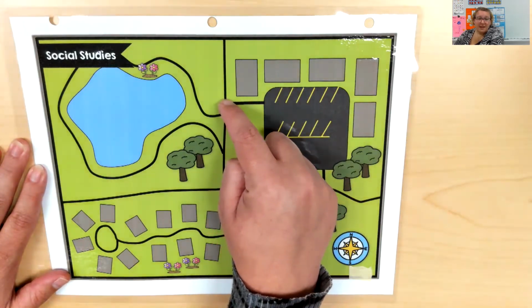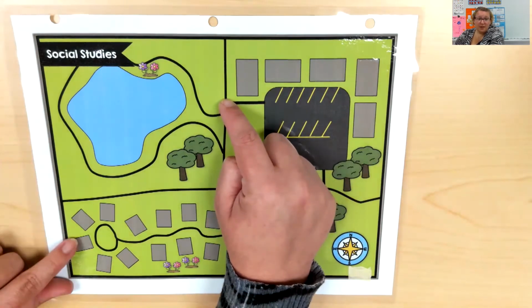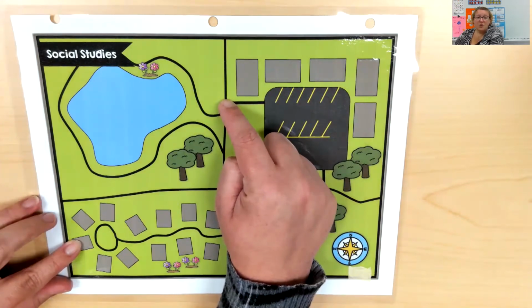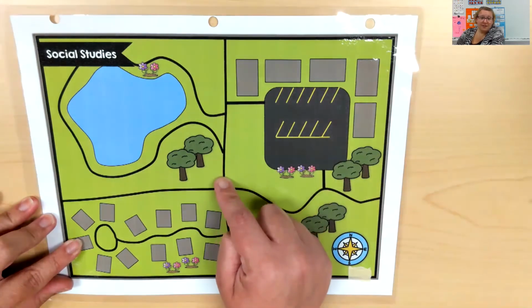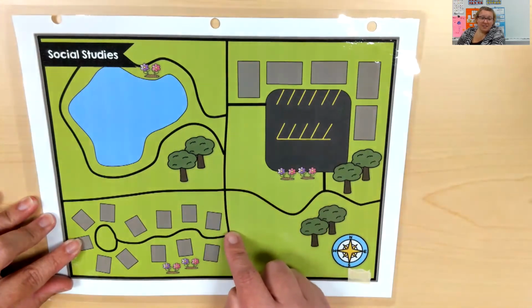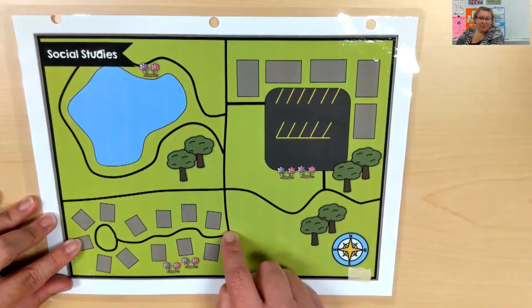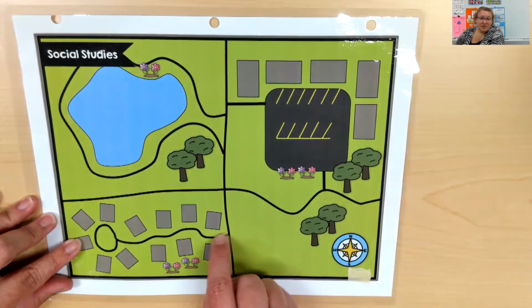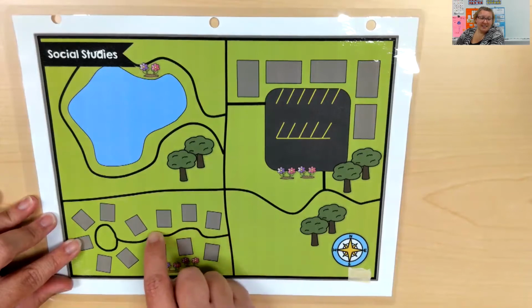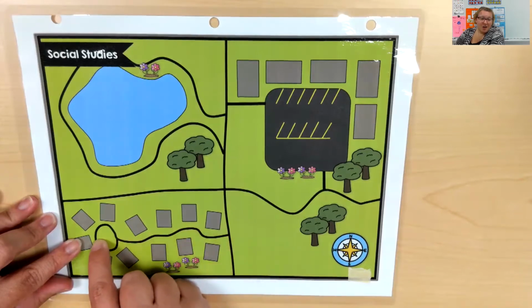Okay, now where should I go? Remember, we live here. This is your house. You're going to go south until you get to your street. Then you turn left. Well, actually, if you were in the car, you'd be turning right. So we go west all the way back to your house.